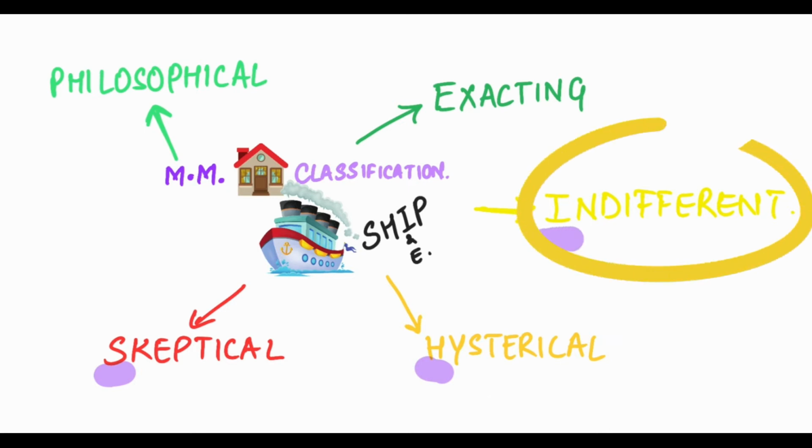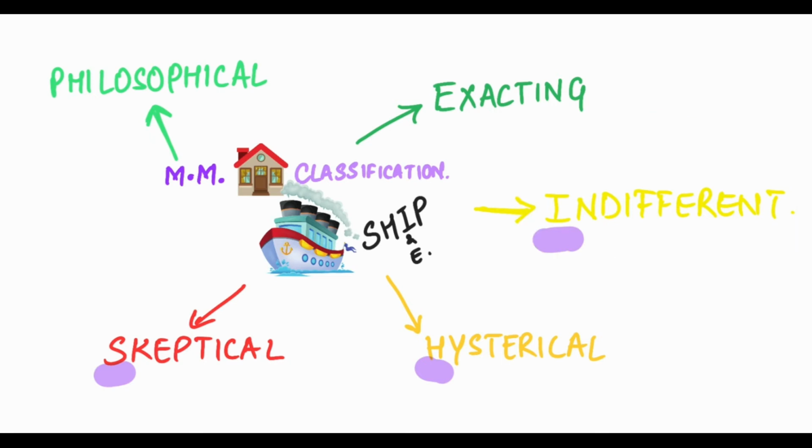Your indifferent patients do not care. They just do not care about their treatment. They are mainly the patients who are sent or forced by their spouse, friends, relatives, etc. Again, these patients are very difficult to manage. You need to educate this patient and improve his interest in the treatment. However, if this fails, it is best to postpone or refuse treatment until some improvement is observed for this patient.